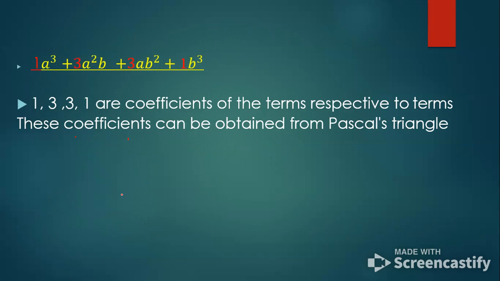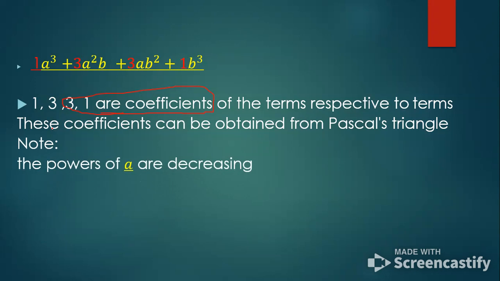Good. So still we are considering our expansion. You can see we had 1, 3, 3, 1. The ones in red, those ones are known as coefficients of the terms, and they're respective to the terms. So these coefficients can be obtained from Pascal's triangle. We also note that, number 1,